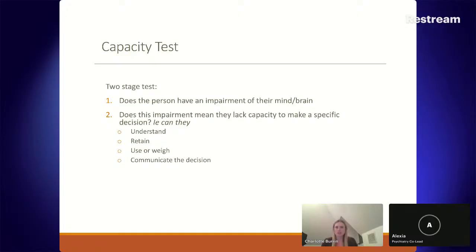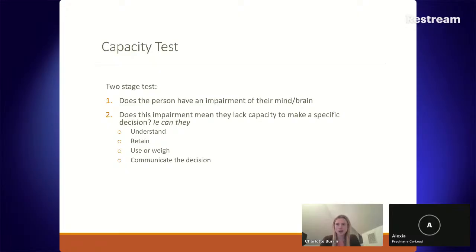The Mental Capacity Act allows you to give treatment or care in the patient's best interests, and it allows you to use reasonable restraint if it's deemed to be necessary and proportionate. We must always follow any advanced decisions to refuse treatment. So if somebody has documented that they would not want this treatment in future, we have to follow that. And we also have to work with any lasting power of attorney or Court of Protection orders.